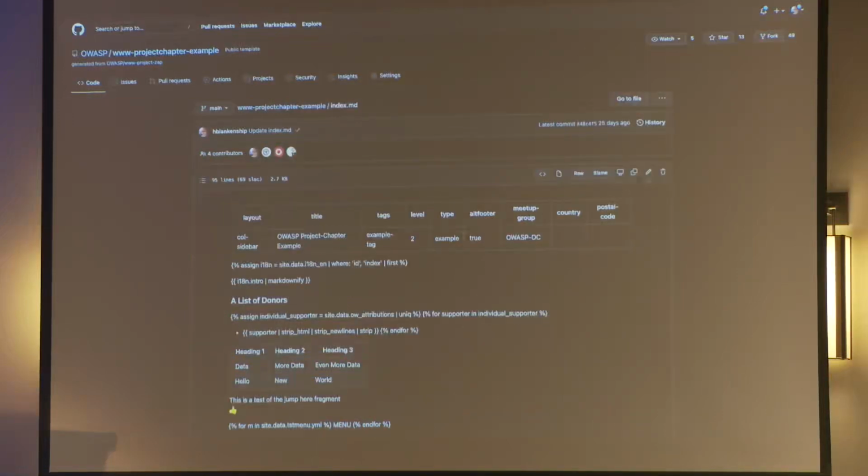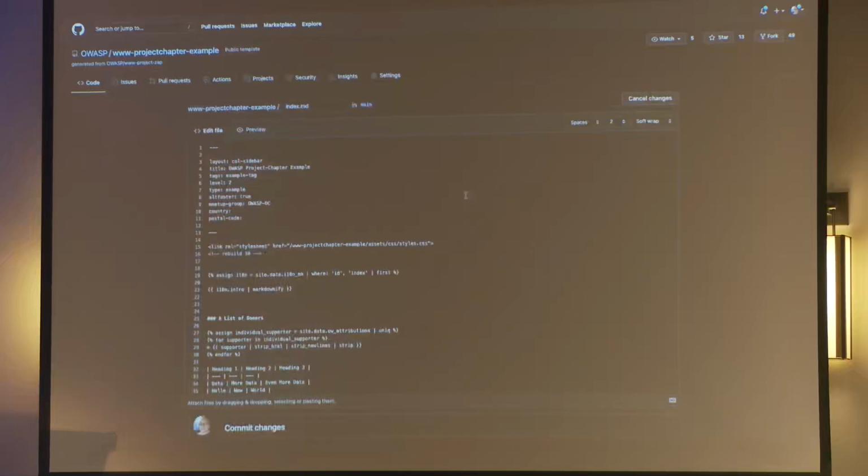This top information right here, it is called the front matter in Jekyll. This was meant to be partly a training, and we would have gone over more in depth about how to do Jekyll, but for purposes of this, I'm just going to show you that this top part between the 3 lines and the bottom 3 lines, where it would say layout, title, tags, etc., that's called front matter, and you will already have most of this filled out for you, so you won't have to do that. The parts that are important might be the tags, if you wanted to get particular tags about your project, but just short example names or whatever, descriptive things.